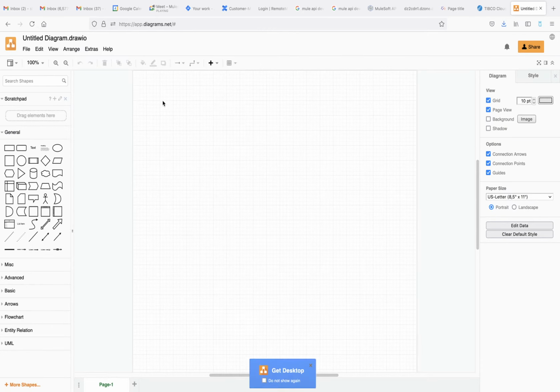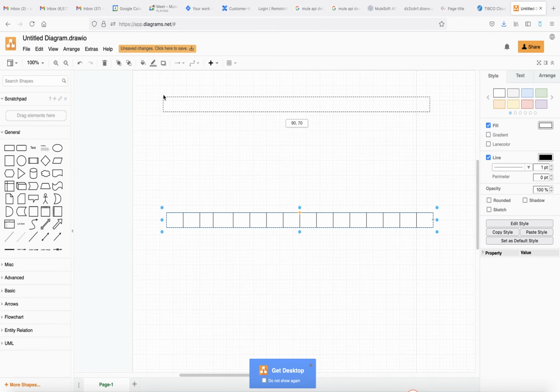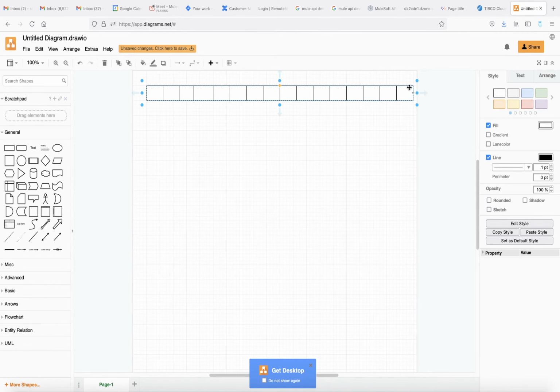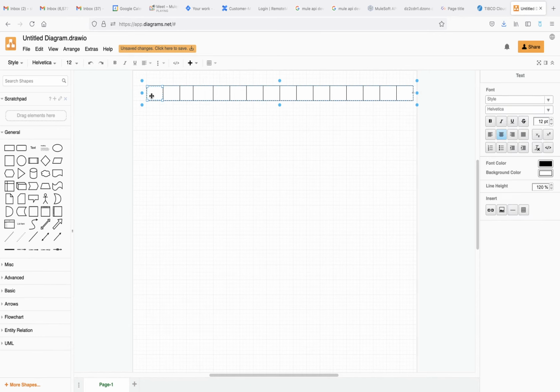Okay, so let's assume we have 2 scenarios, okay. We are getting one input, and that input contains an array of payload, okay.